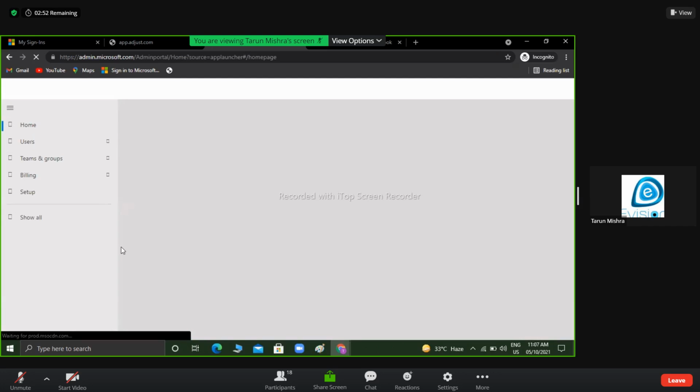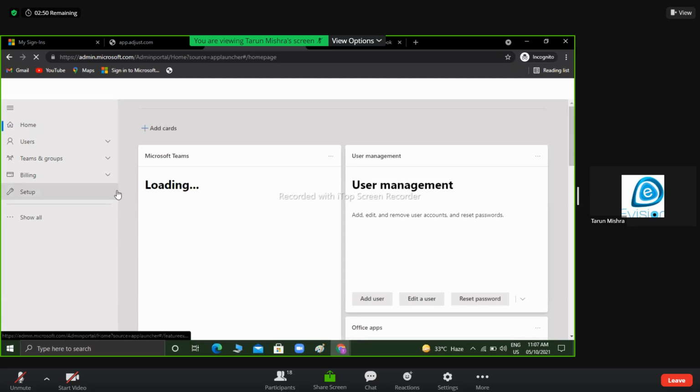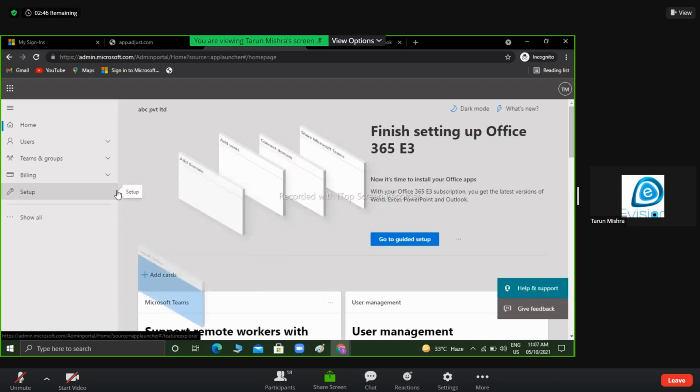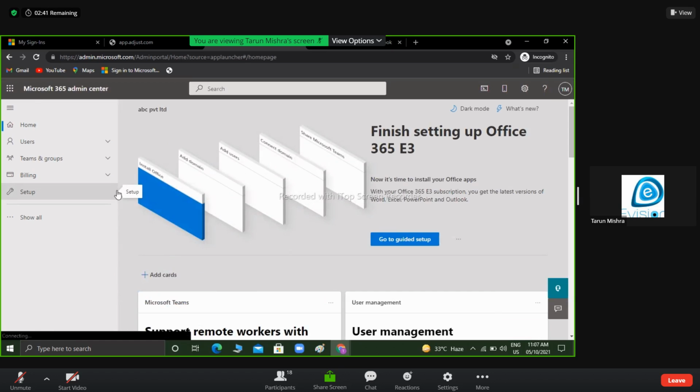So this is absolutely a correct way for creation of shared mailbox and all. I can do one shared mailbox.